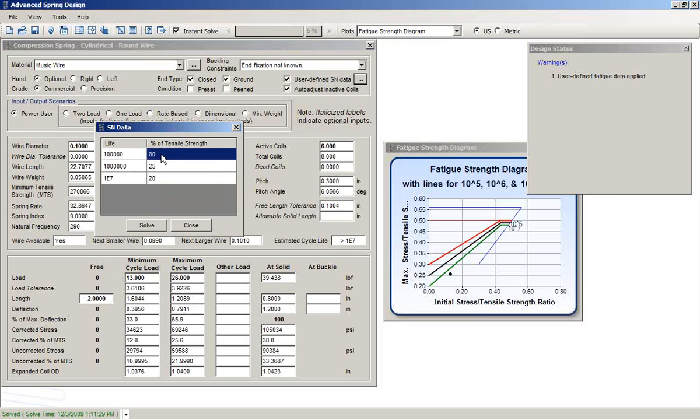And if we say that at 100,000 cycles, we believe there is 25% of the minimum tensile strength, and at 1 million cycles, there is 19% of minimum tensile strength, and for 10 million cycles, we only want to allow for 12% of the minimum tensile strength. And when we solve,